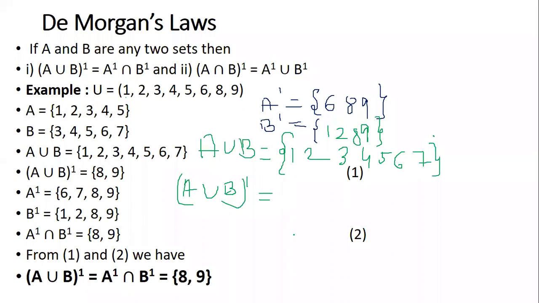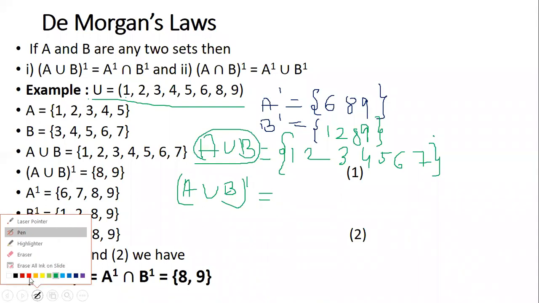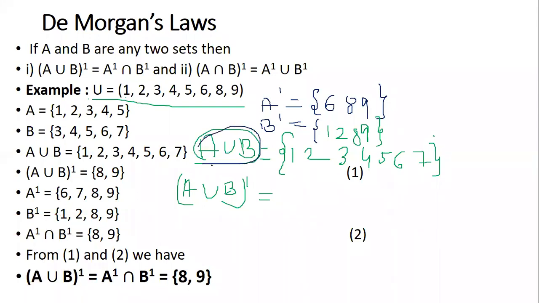Universal set. So as it's not union, it's supposed to be universal set. Whenever you're talking about complement, always remember it is the comparison between the universal set and A union B. Okay, let's go for the different coloring. I think that will make it easier. So A union B and universal set.